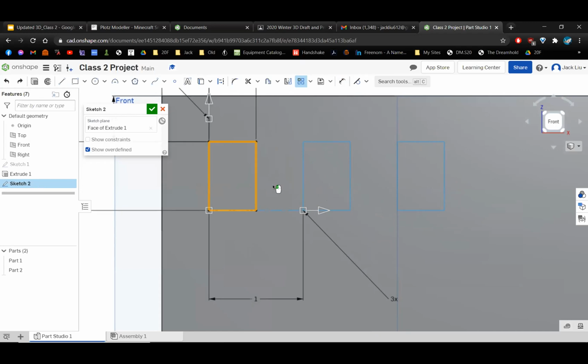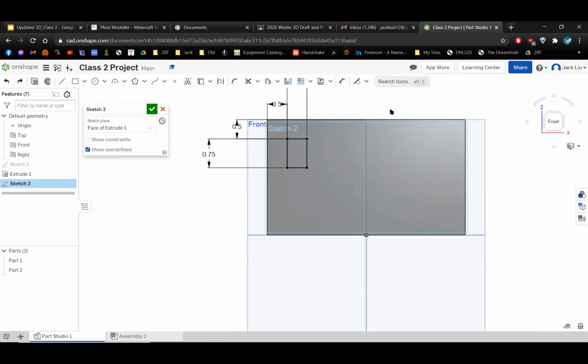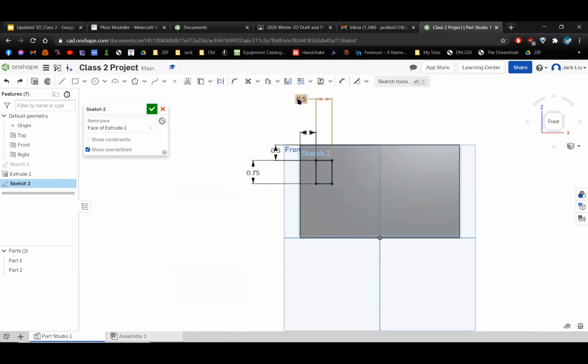Right? Wait, can you repeat like the linear pattern thing? Sure, I'm gonna undo this. And this is where, so far we only have a single rectangle. I'm gonna click the linear pattern tool, which is to the left of our dimension tool. So it's a little bit near the middle, a little bit on the right side. Once I click this,